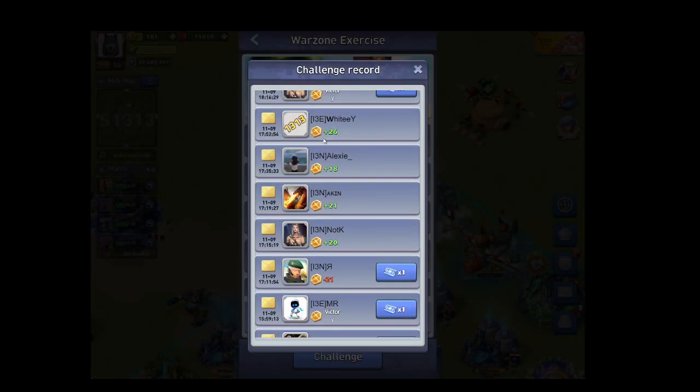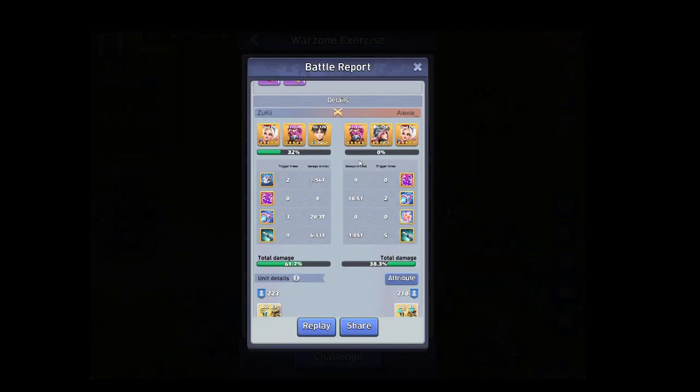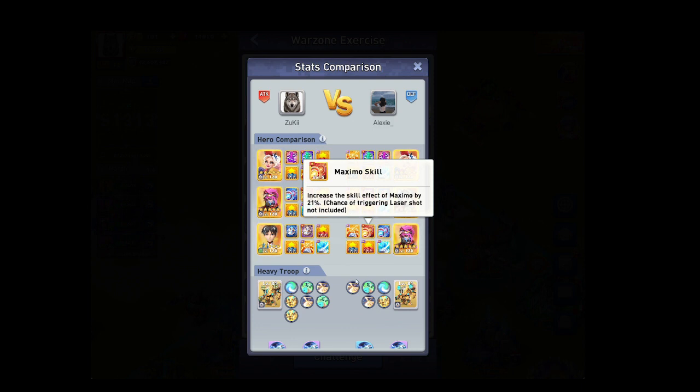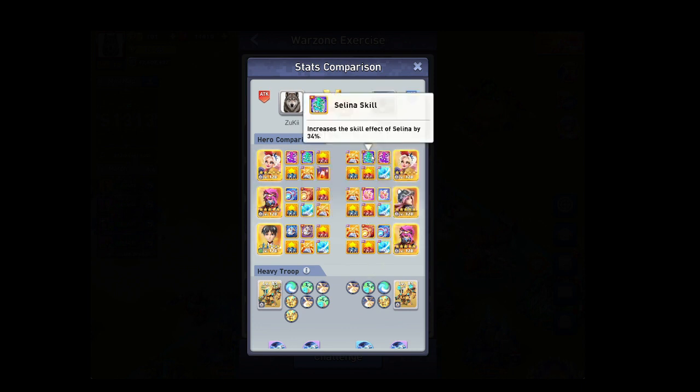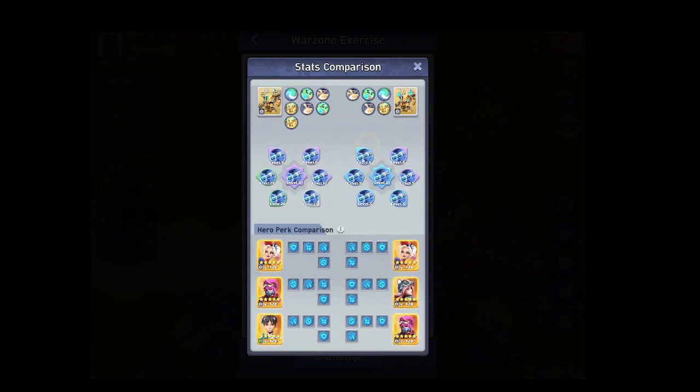I said just one more, but we'll do another one. So this is Serval. This character is the last air hero that came out before Shinji came out. This person here has a level 7 Selena, but level 5 everything else. I think they have